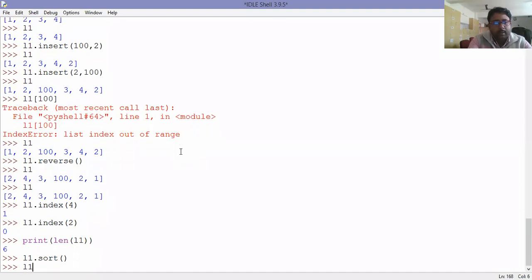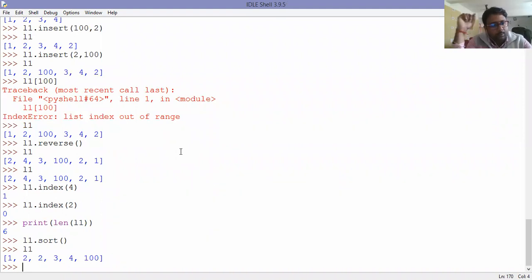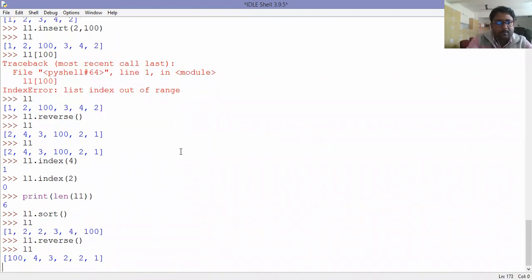Now L1. Oh, it is in sorted order. And if I want it in descending order, what to do? Sort, then L1 dot reverse. This is in descending order. Is that okay? Yes, sir. Okay.